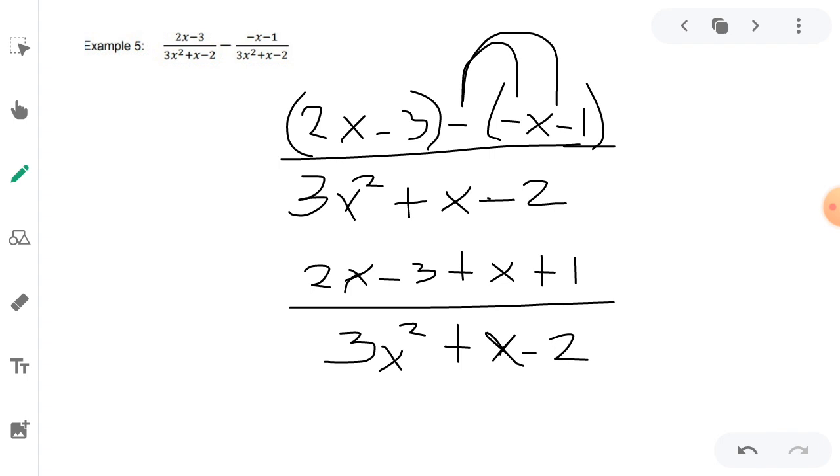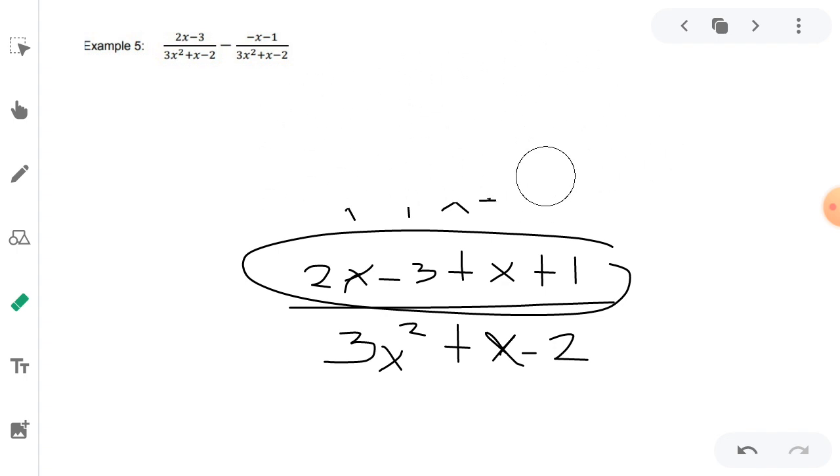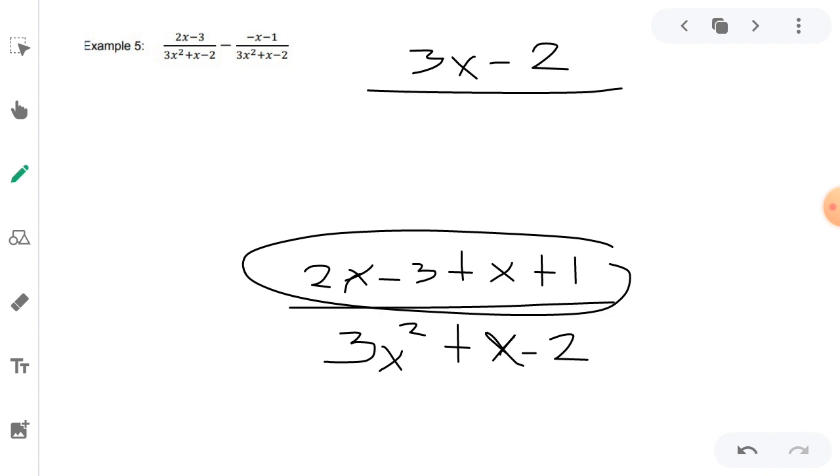So, anong gagawin natin sa ating numerator? Combine like terms. So, lagi nating tatandaan na kapag ganyan, we need to combine like terms. Pero pag wala ng like terms, then yun yung answer. So, since dito mayroong like terms, and then the like terms are 2x and x. So 2x plus x is 3x. So 3x, and then the constant term, negative 3 plus 1 is negative 2 over, so ano yan, over yung denominator natin, which is 3x squared